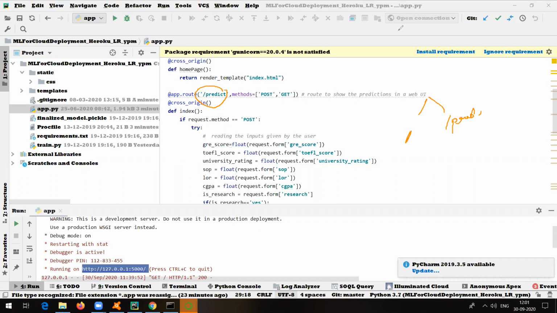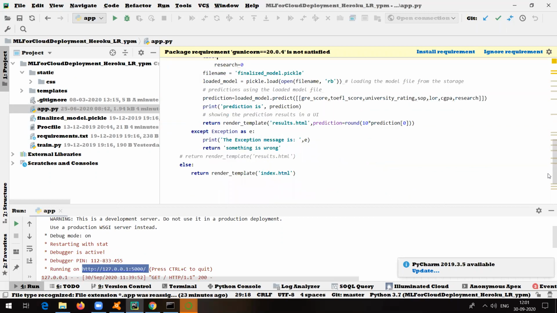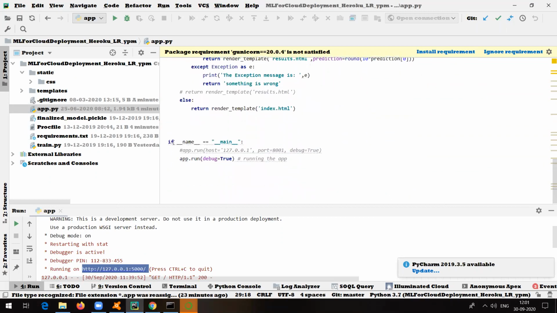Now with the help of Python, how have we written this? We are using a framework which is called Flask. Because of this Flask framework, you will be able to create a real-time application. How? See how we are starting. Let me show you the starting point of this application. See, this is the starting point of the application.